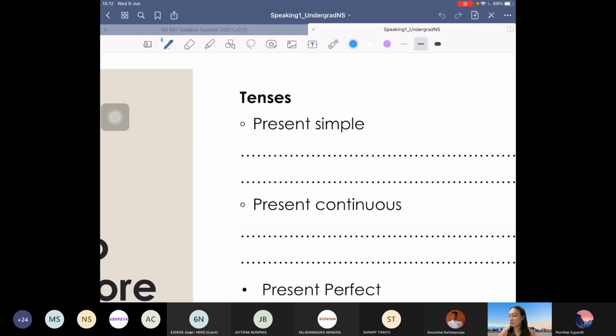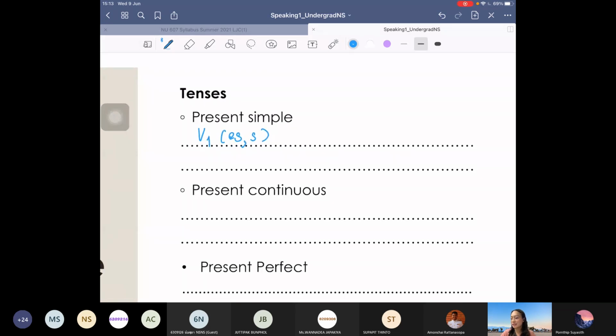You must use the present verb, or what we know as verb form one, to which we add s or es, depending on what kind of subject you use. For example, if we would like to use present simple, on what occasions do we use this kind of tense? At first, we use it when we are saying